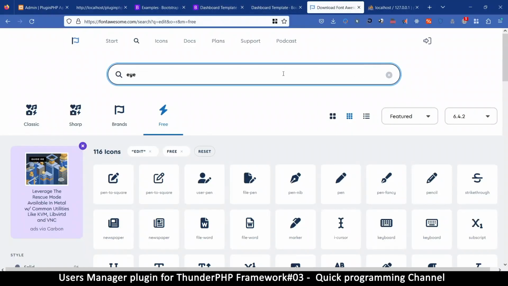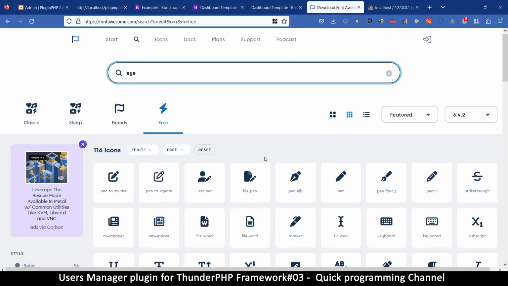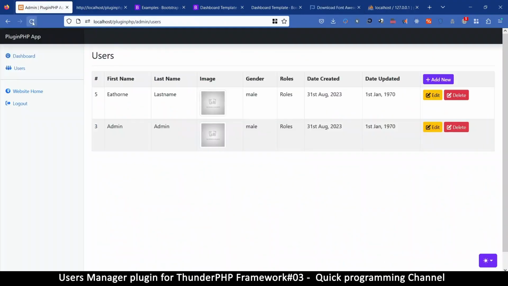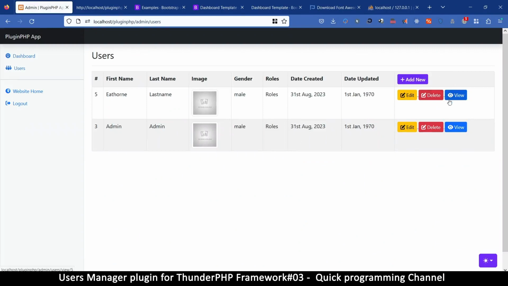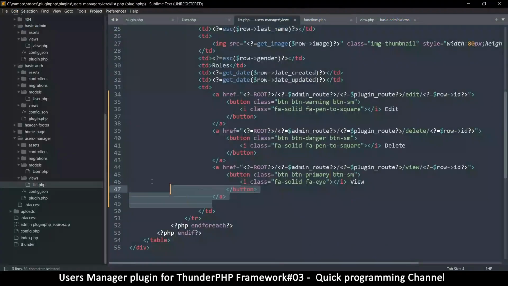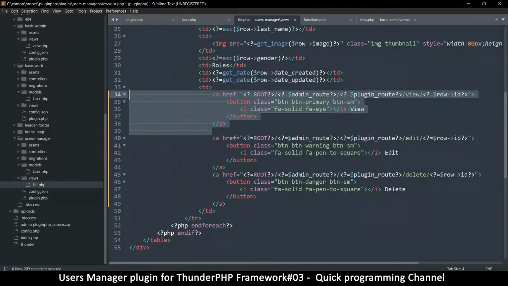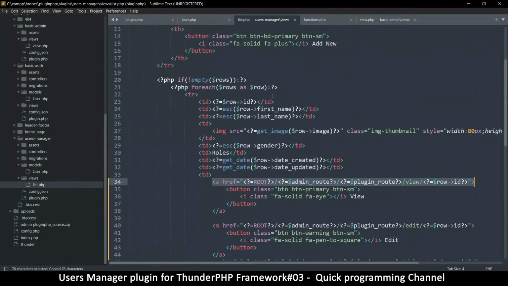Anything else? Okay, it doesn't seem to work anymore. I think my internet is down a little bit, but let's refresh and see. Okay, so it actually works. That's great. So maybe view should be at the top, the first thing there. So preferences there. Okay, and then on top of that, let's grab the same view link